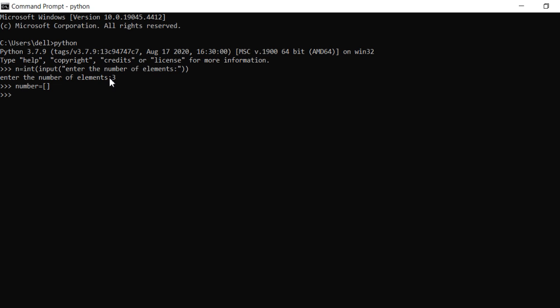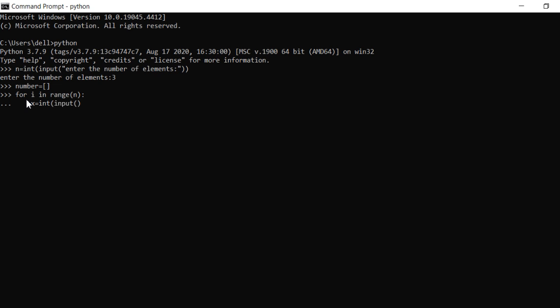Let's see how. Here I am typing syntax of for loop: for i in range n. After typing this command, we need to put colon here. This is very important. Range n means it will go from 0 to n minus 1. If I am typing here n equal to 3, it means it will go 0, 1 and 2. Now when I hit enter, we will see these 3 dots on your screen, which means we are in continuation of for loop.